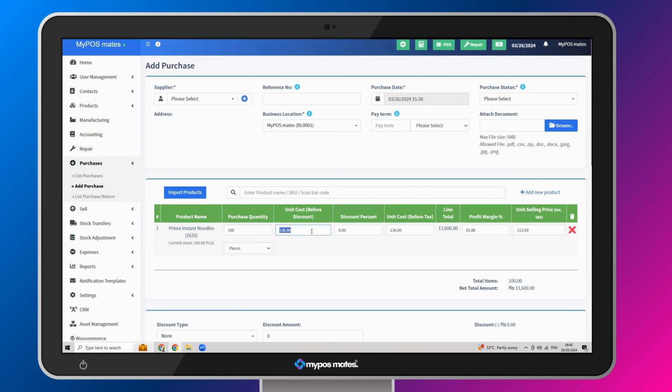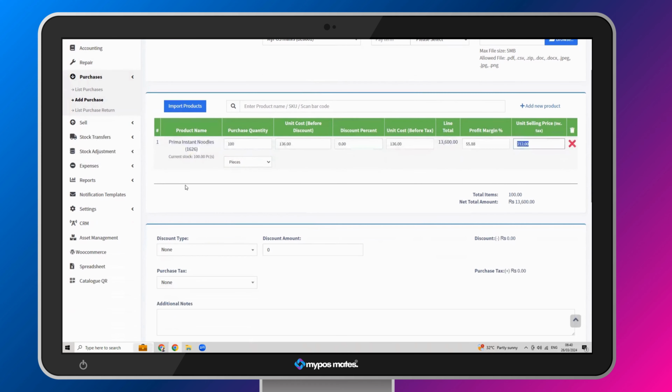Unit price is 136 rupees with no discounts, and unit cost is 136, and the line total is